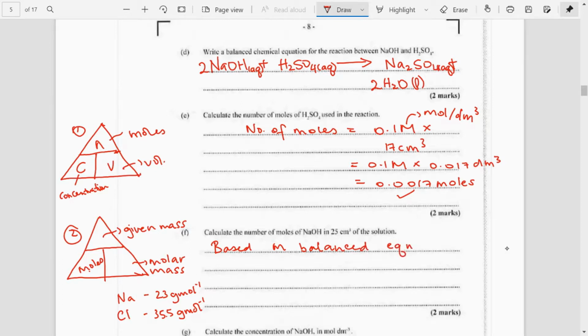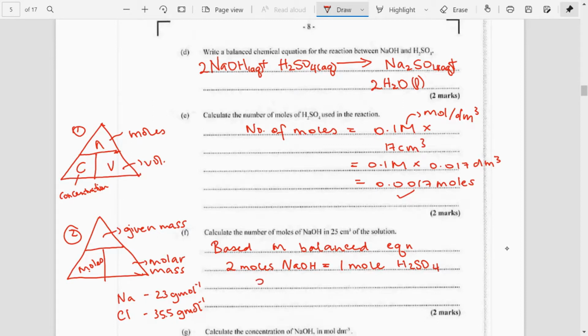Based on your balanced equation, 2 moles of sodium hydroxide is equal to 1 mole sulfuric acid. That's your mole ratio, right? Stoichiometry. So if 2 moles sodium hydroxide is equal to 1 mole sulfuric acid, how many moles of sodium hydroxide is equal to